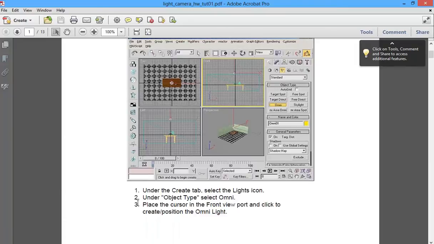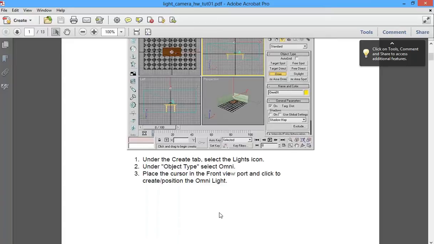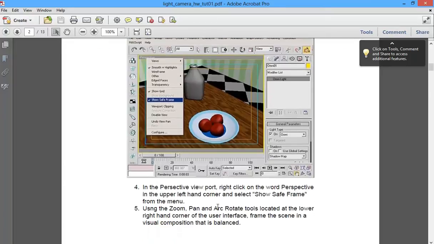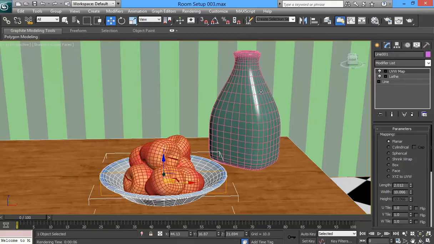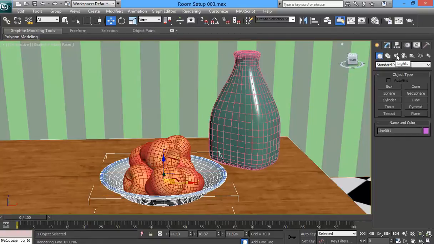So first thing, under the Create tab, select the Lights icon. Under Object Type, select Omni. Place the cursor in the front viewport and click to create and position an Omni light. So let's go ahead and do that. So under Create, under Lights,